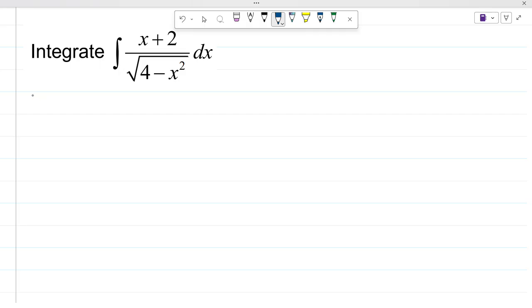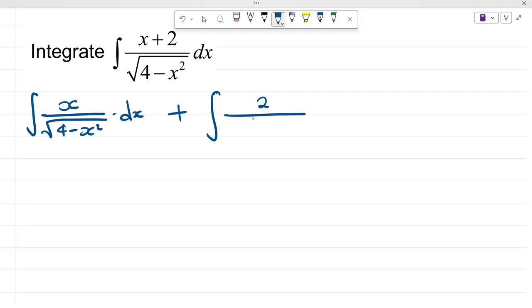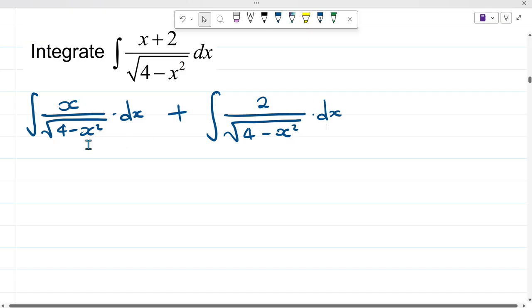No more sharing. So this is equivalent to the integral of x divided by the square root of 4 minus x squared dx, plus the integral of 2 divided by the square root of 4 minus x squared dx. Makes sense, right? So let's check this one first before we check the other one. So when we check,